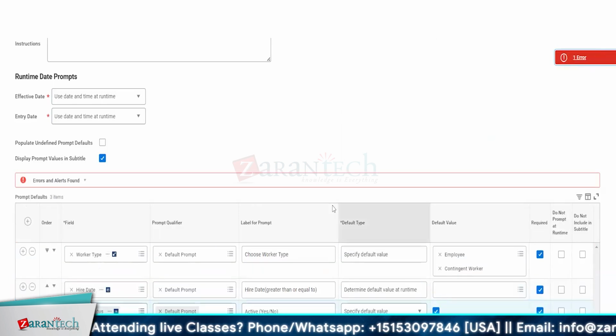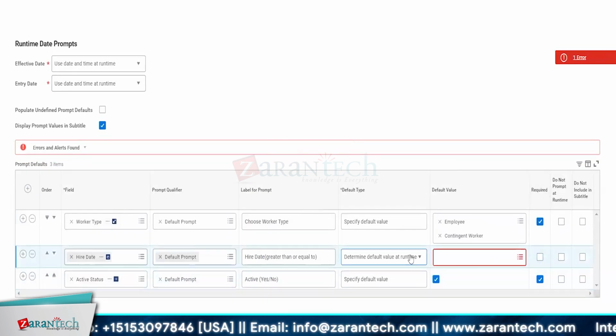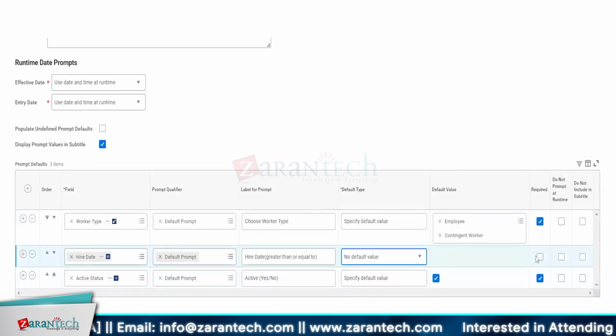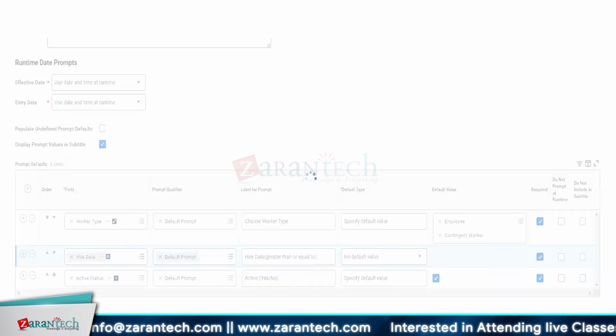Now, when I execute this report, okay, I cannot provide no default value. Okay, required. So hire date has no default value. For other two fields, we have a default value specified and marked as required. Now, when I execute this report here,